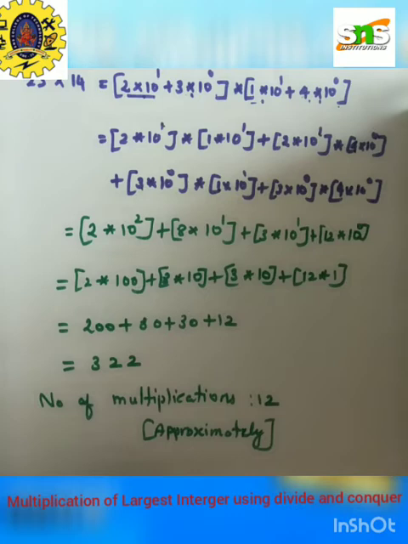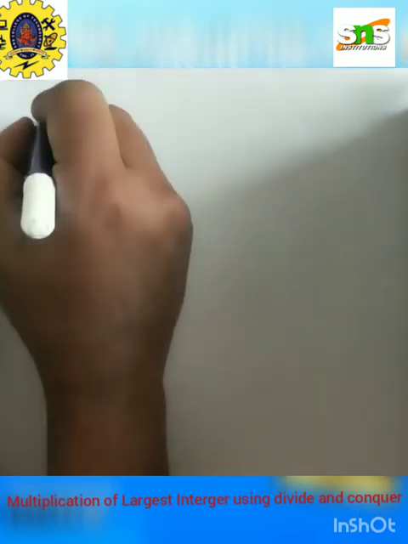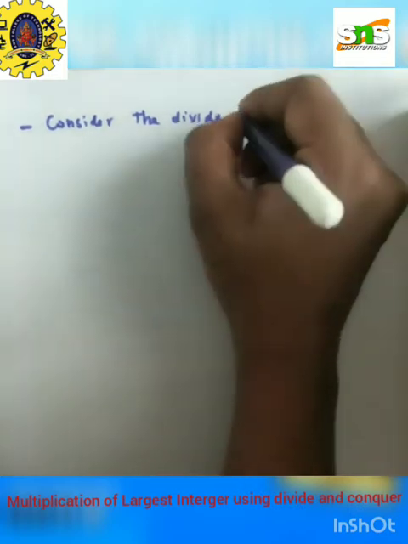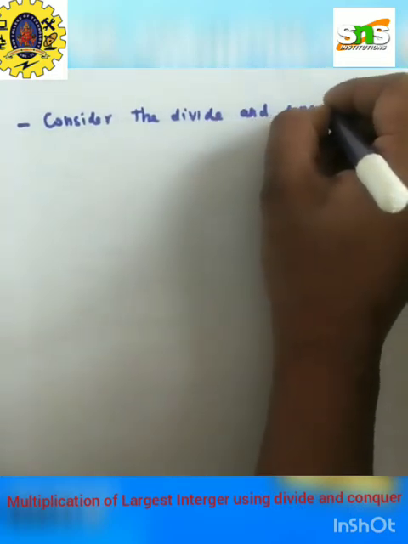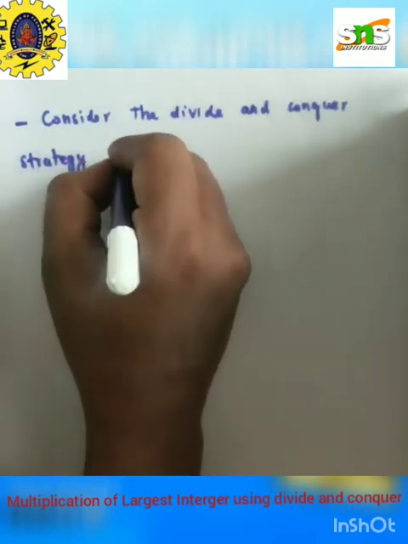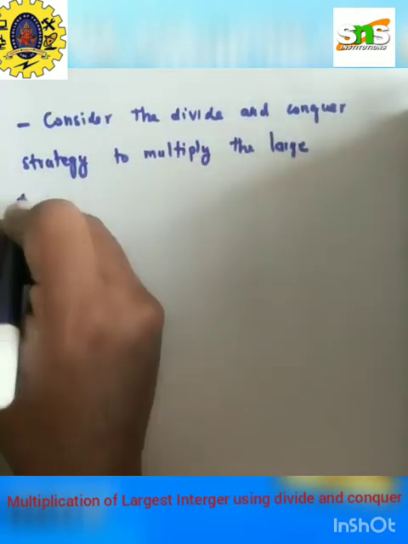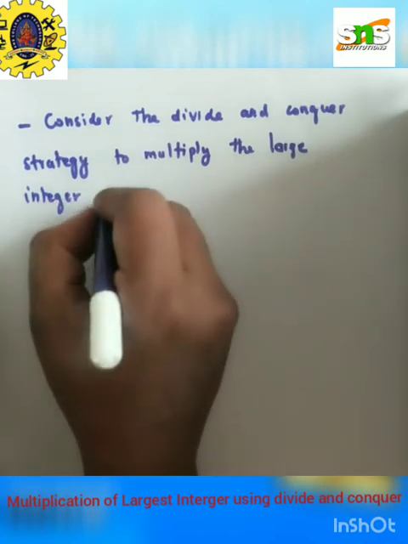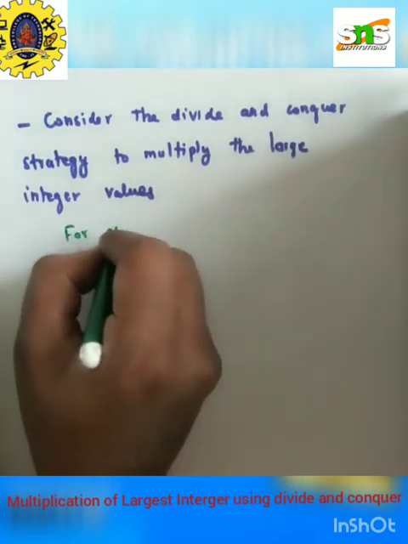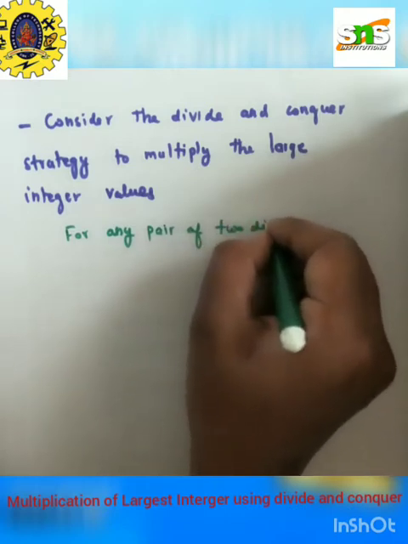Okay, so next, consider the divide and conquer strategy to multiply large integer values. So for any pair of 2-digit integers,